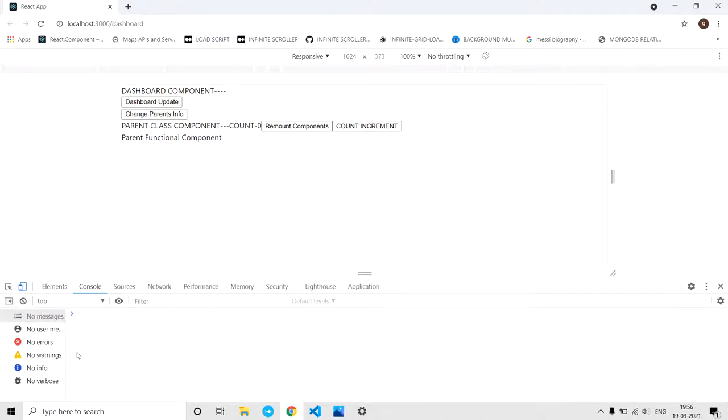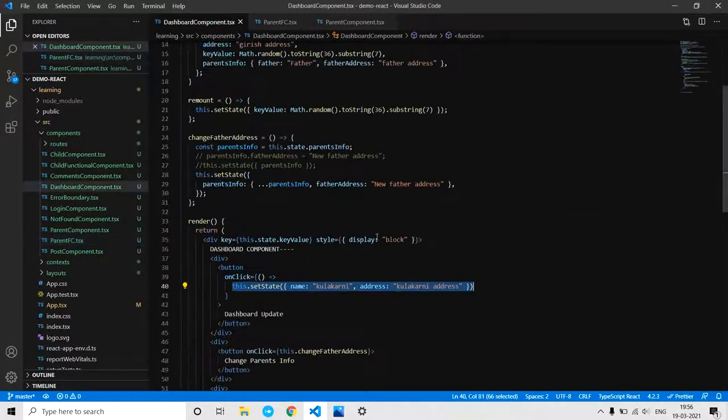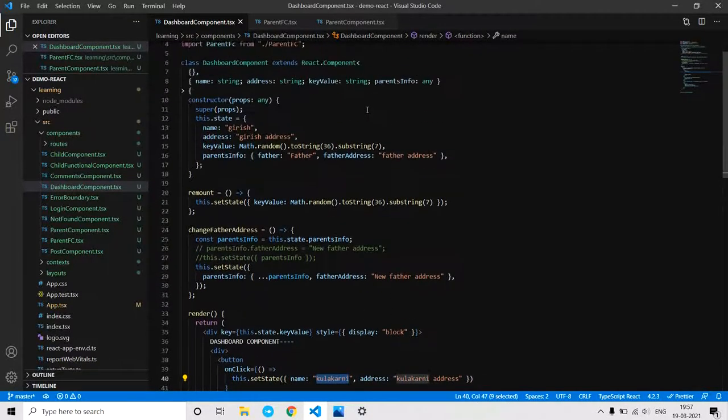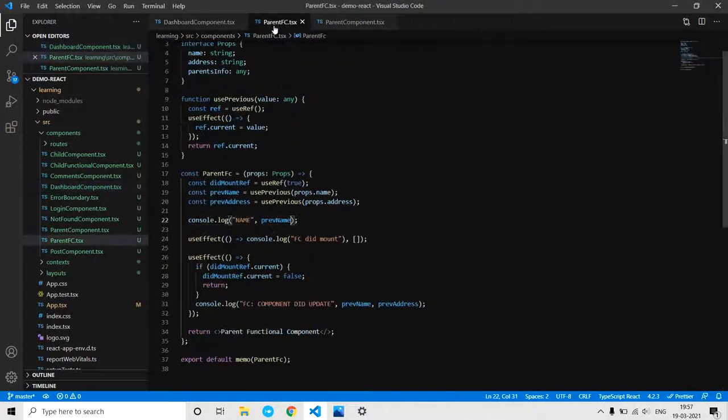Let me clear the console and click dashboard update. Here see, I get Girish. This is the previous prop, guys, because when I click the update button, I am setting it to a new value. The initial value was Girish. For the first mount I got undefined because it is meant for accessing the previous prop.